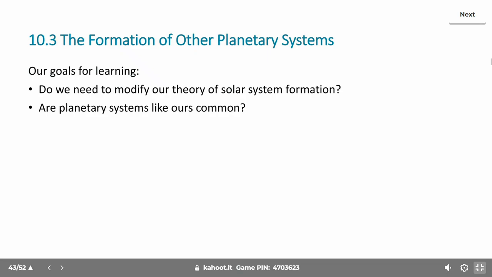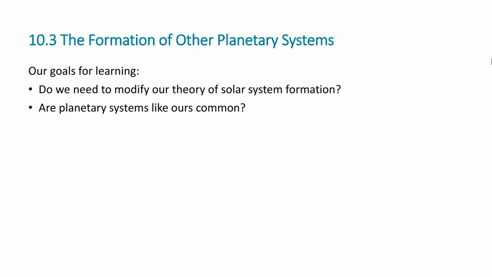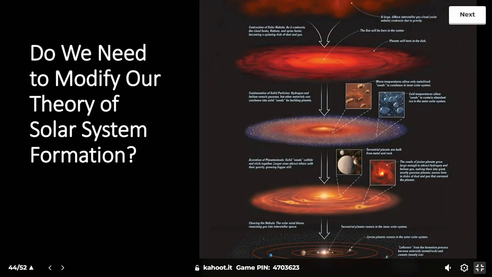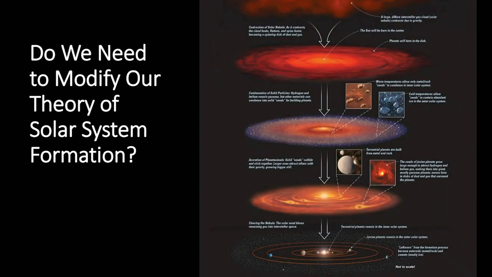So now let's revisit our theory of the solar system forming with this new data that we have. Before we were studying exoplanets, we only had one data point, which was our own solar system. But now we can study many other planetary systems, and so we can revisit our theory of the solar system forming. So to review, the nebular theory for solar system formation, we had a big cloud of gas that started